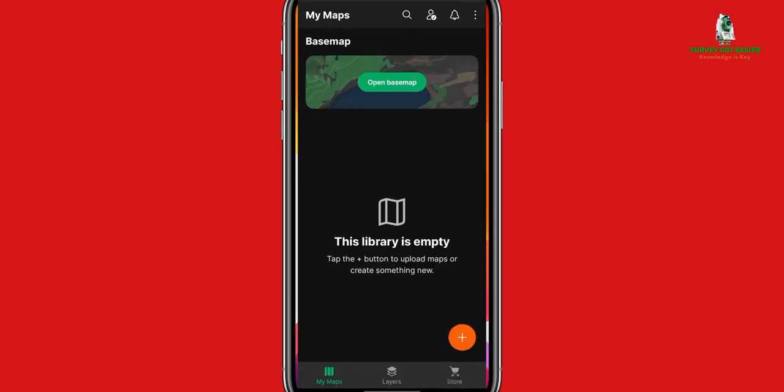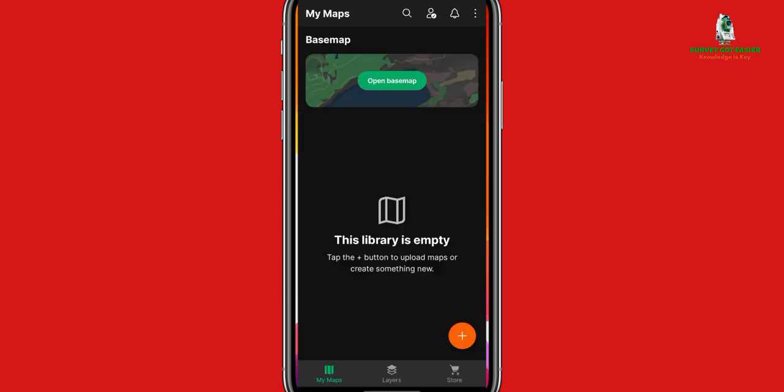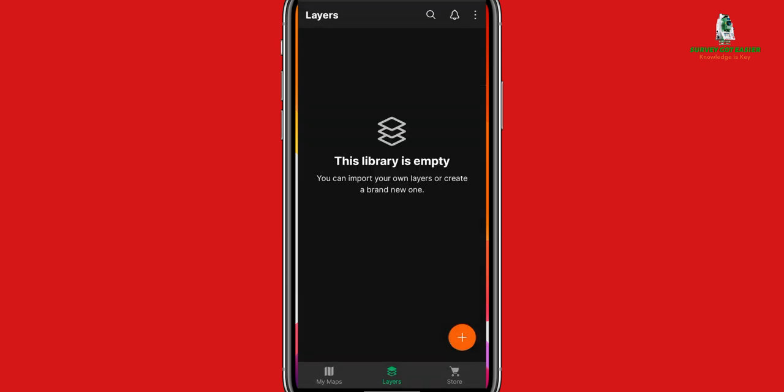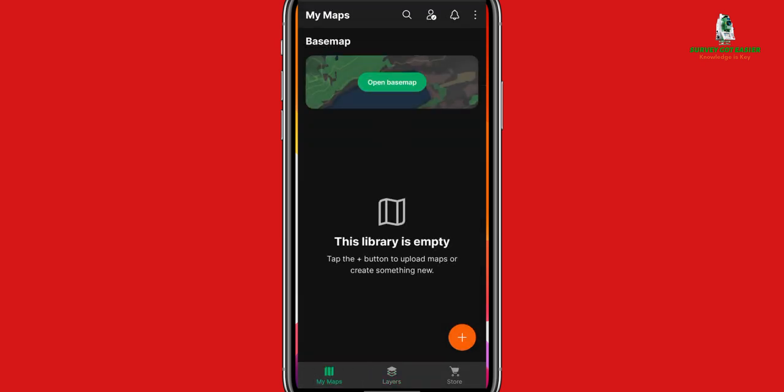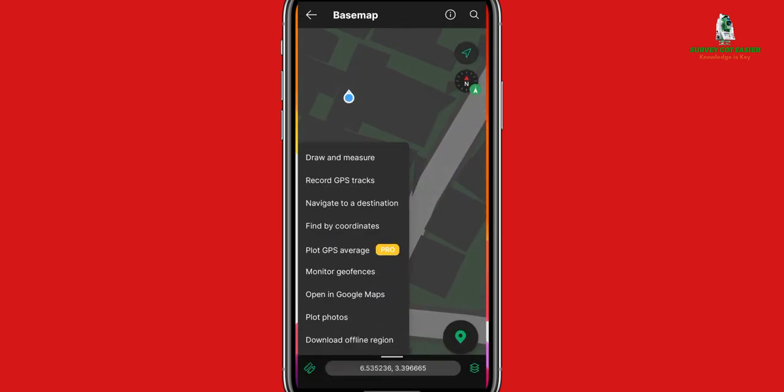And we also have some other relevant features on the app, like when you click on open base map. When you click on open base map, let me just close this, let me delete this previous one. When I click on layer, I want to delete the previous navigation layer, right? That has been deleted. So let me open a new base map. Now under this new base map, we have some other things you can work with using this app, like when you click on draw and measure,